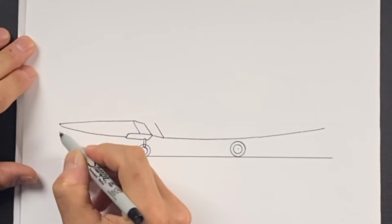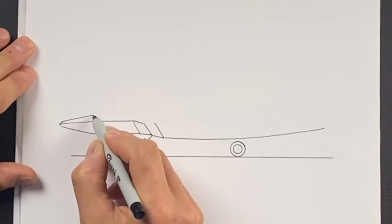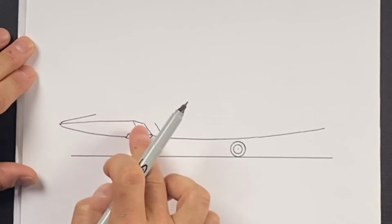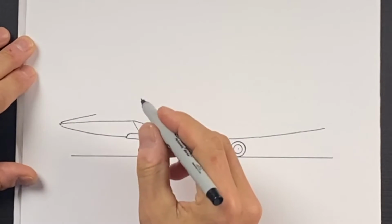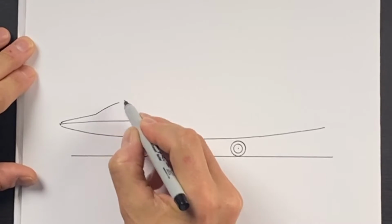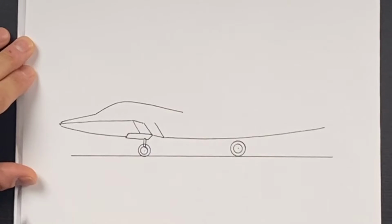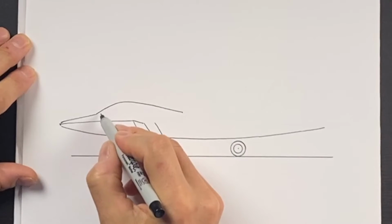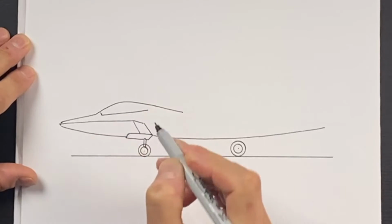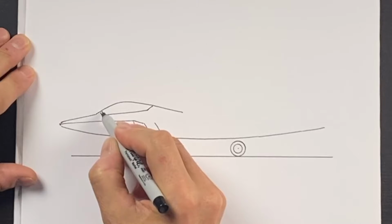Now over here I'm going to draw the front top part. So we're going to go up, stop about halfway from this line here. And then we're going to go up, have a bump for the cockpit, and then we're going to come down like this. And for our cockpit, we can come down and straight across, and we'll bump back up, and then we'll do an echo line